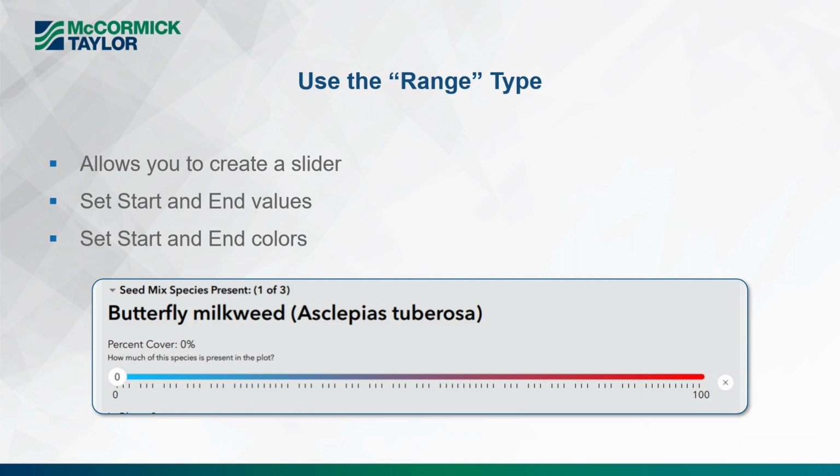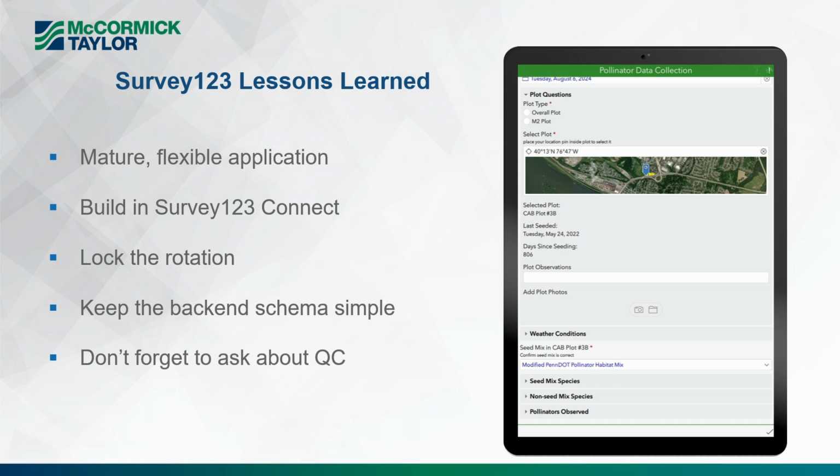It really gave them the ability to be more selective about what they wanted to use, and it's just much easier and more intuitive. So that was another part that I thought he did a really nice job on. So, lessons learned from this part of it, you all know this. It's a really mature, flexible application. Of course, you have to build it in Connect. If you build any of this just in Survey123 up on the web, most of the functionality I talked about